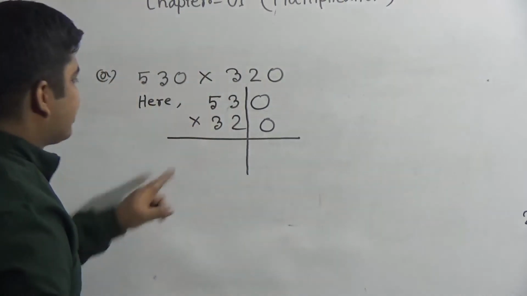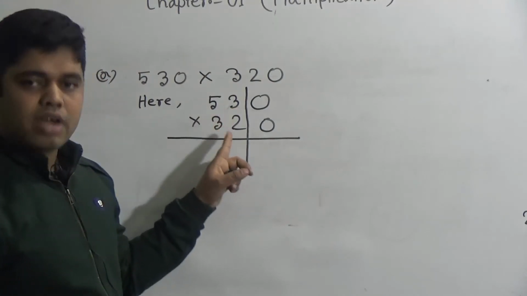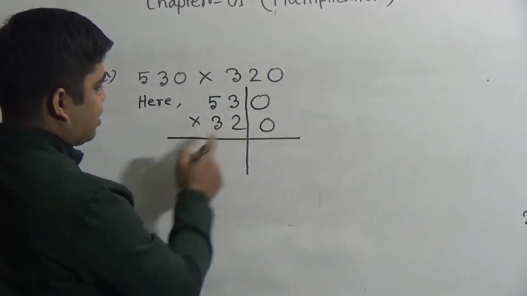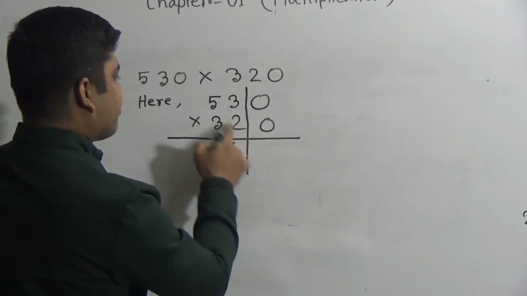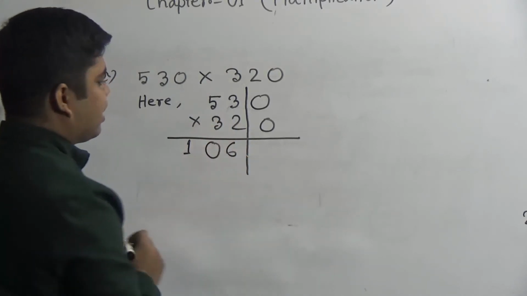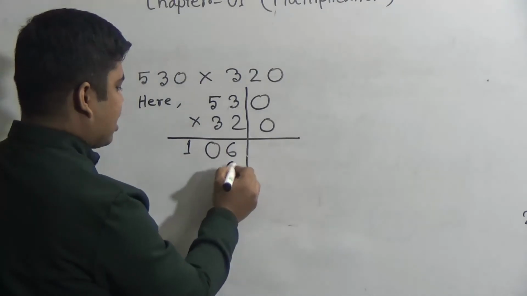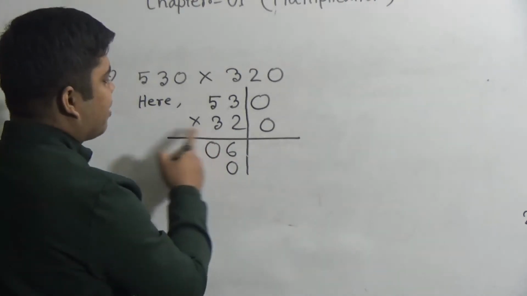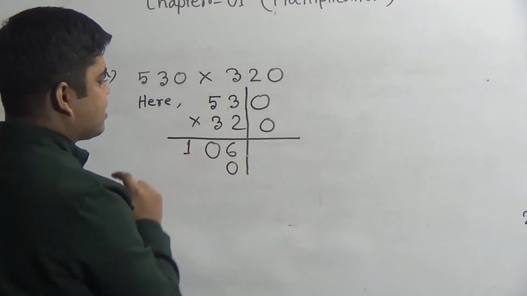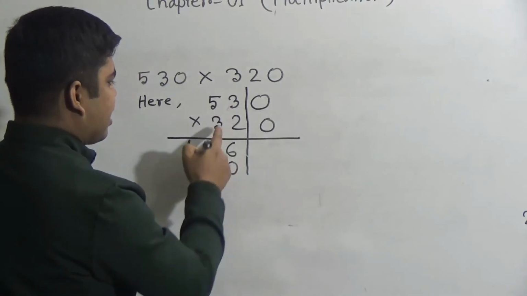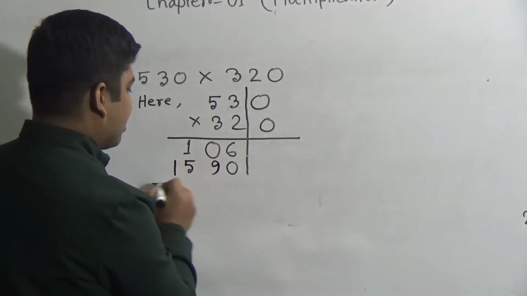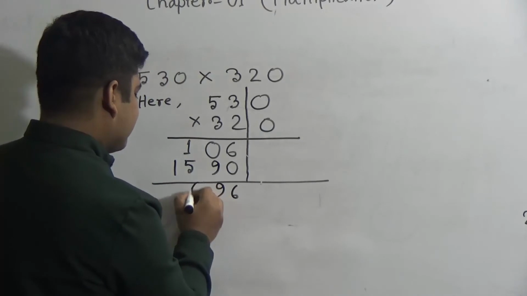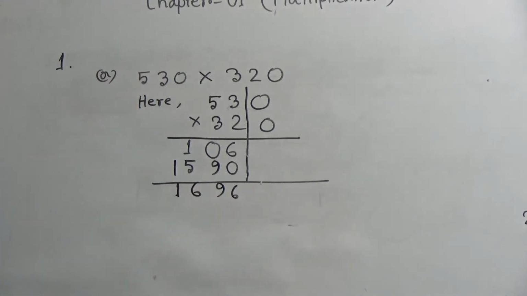Okay, my dear students, notice. So here 53 multiplied by 32. So we multiply 53 by this 2 first. So 2 3s are 6, 5 2s are 10. Done. Next, ones place is done. As 32 is taken as a number, so we consider this is ones place. Next, we multiply this 53 by this number. So 3 3s are 9 and 5 3s are 15. Okay. Now I add this 6, 9, 5 1, 6 and 1. So 1 6, 9 6.